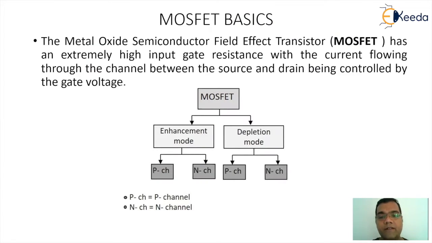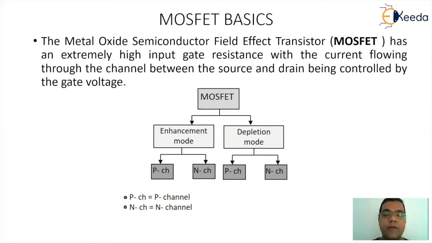So in electronic devices, we have seen what we mean by MOSFET as a device. But as a small introduction, or you can say a revision, we are going to discuss now our requirements with respect to the analog circuit topic. So MOSFET is basically metal oxide semiconductor field effect transistor, and it was actually realized so that it is much better compared to the FET and the BJT family with respect to the input impedance, the operating speed, as well as other advantages like noise rejection and many more.